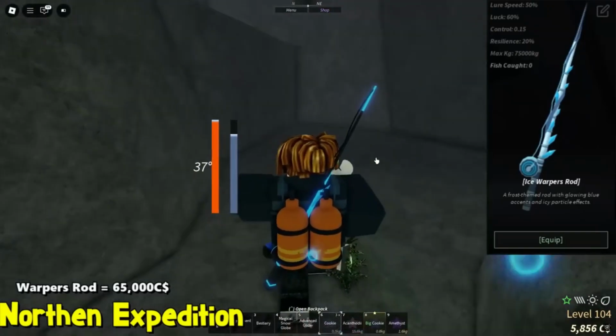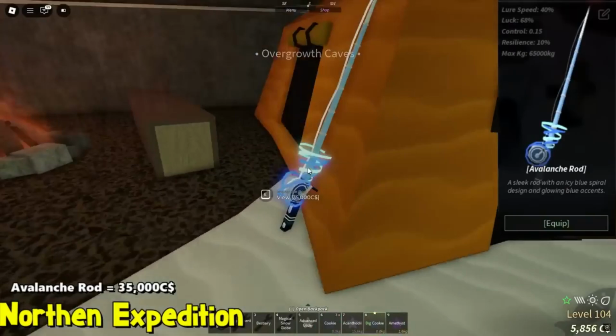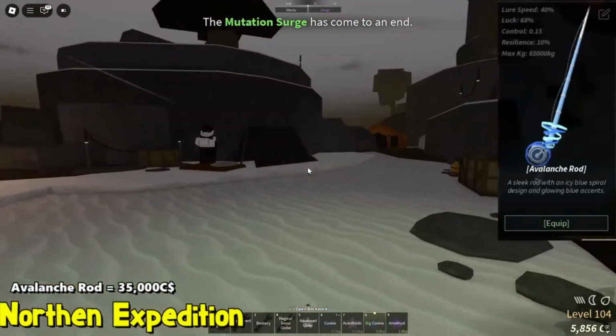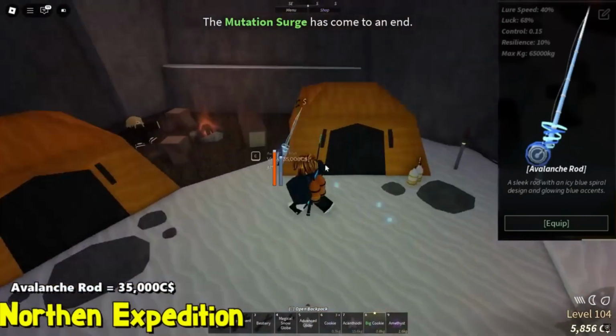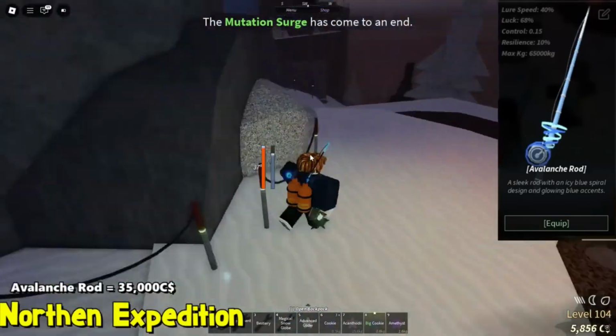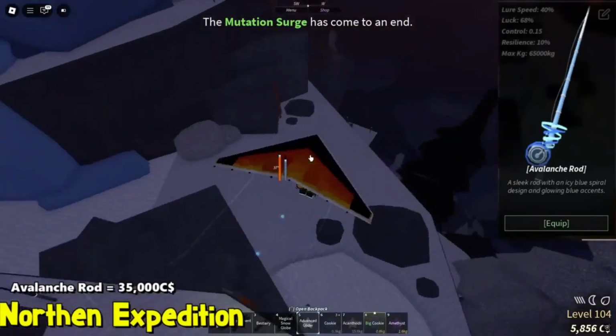But yeah, let's move on to the next rod. Whenever you make your way up the mountain, you will find rods like this at every base camp. So this is the avalanche rod, going to be at this base camp right here, as you can see. So you pretty much want to start from the bottom all the way up, and you can get the avalanche rod right here. I'll move on to the next base camp location to show you guys where the other